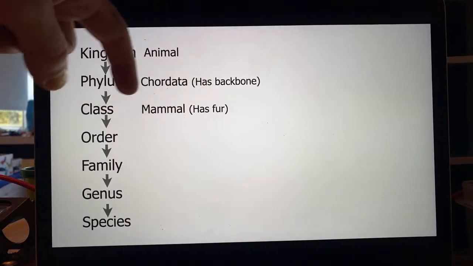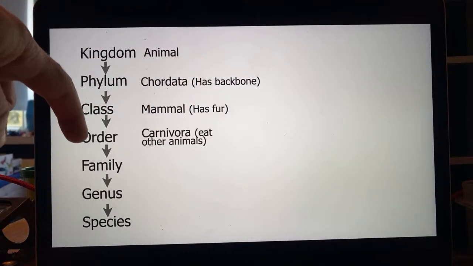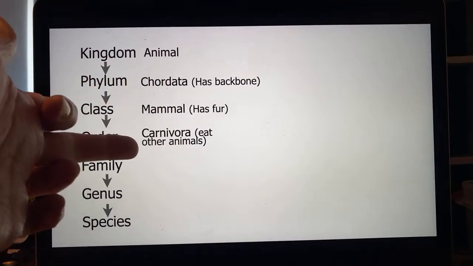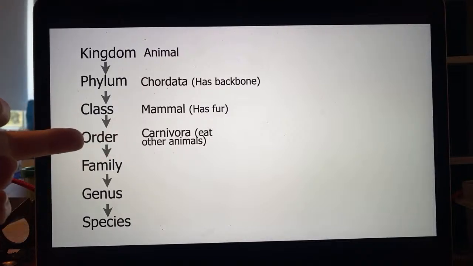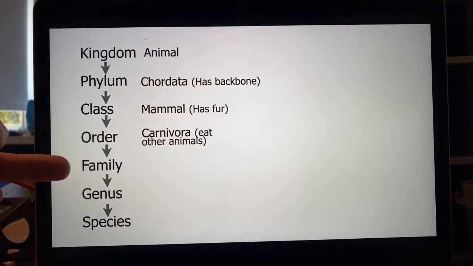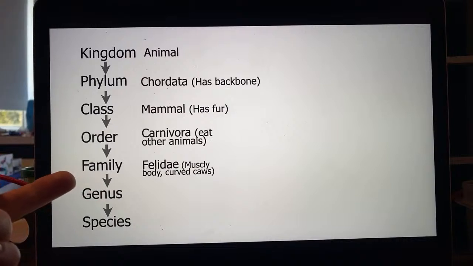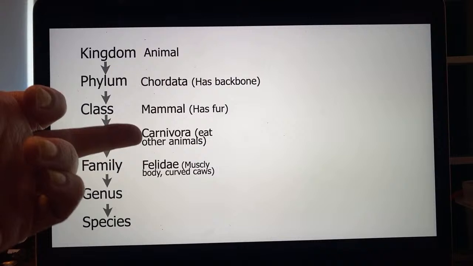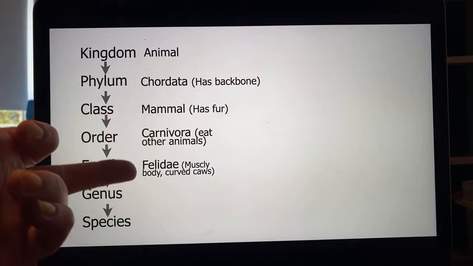And then all the mammals get split up into different orders. So, for example, one of the orders is mammals that eat other animals. They're called the carnivores. And then all the carnivores get split up into different families. For example, can you tell what animal we're getting to? For example, the family Felidae are all the carnivores that have got muscly bodies and curved